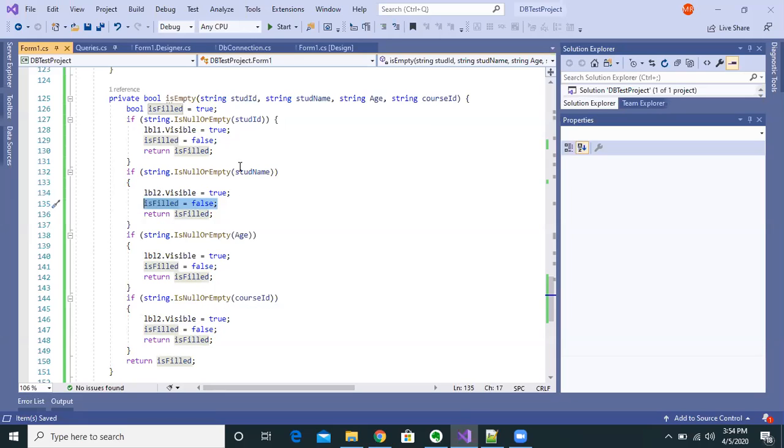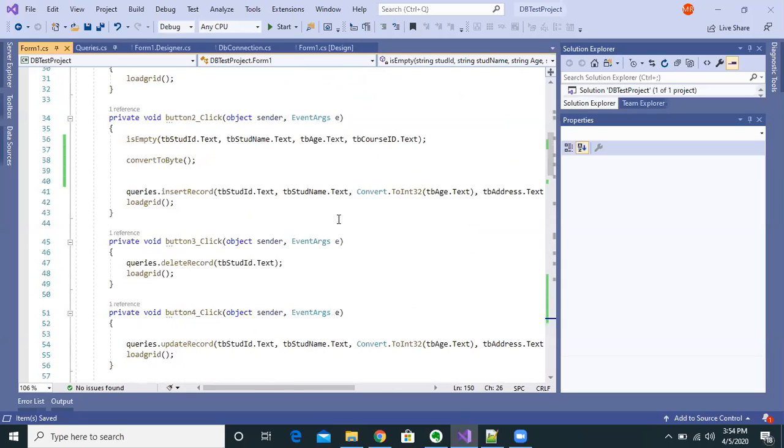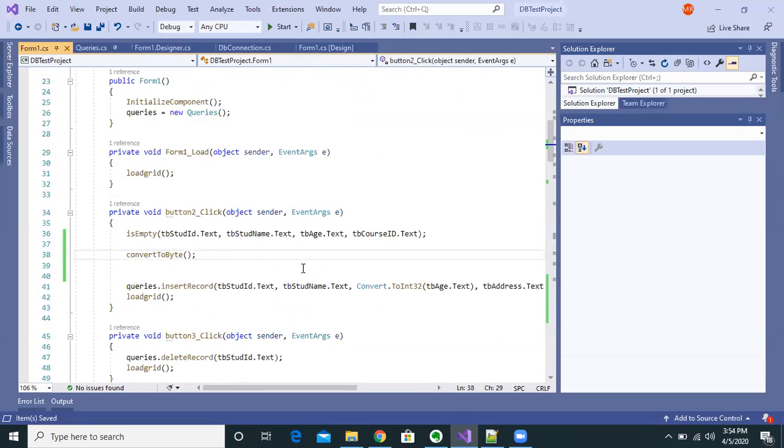That means if one of these fields is not filled, we are not allowing to enter. Okay, so this returns a boolean value. The is empty method will return a boolean value. Okay, so if I can put if